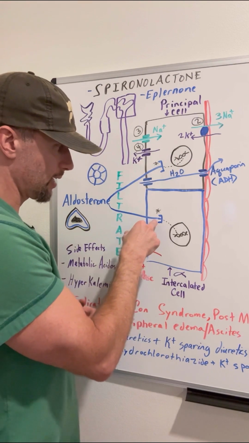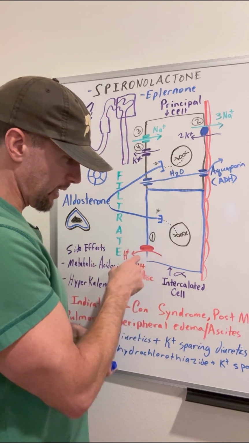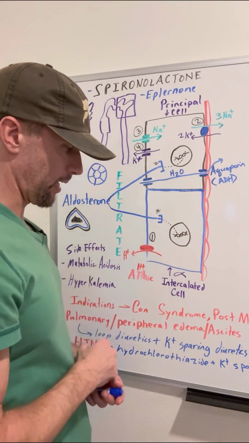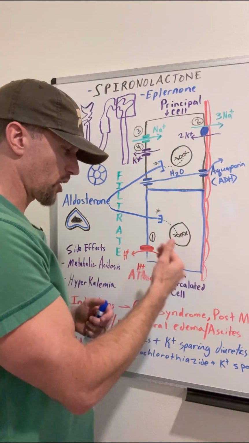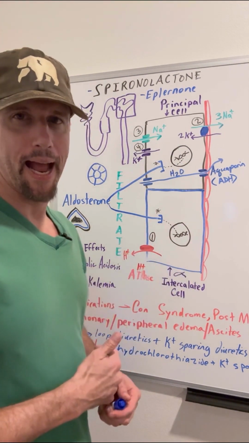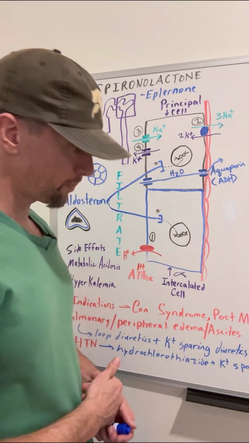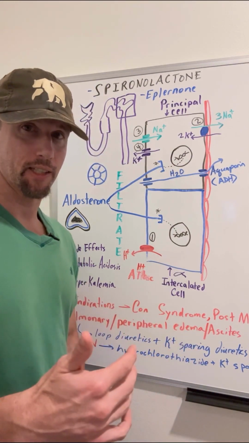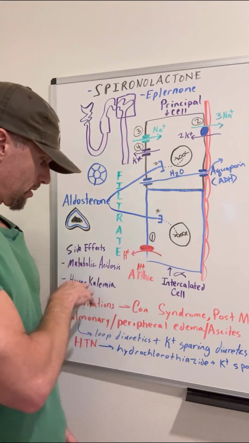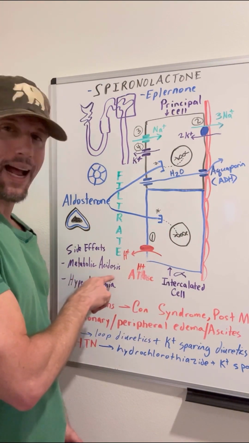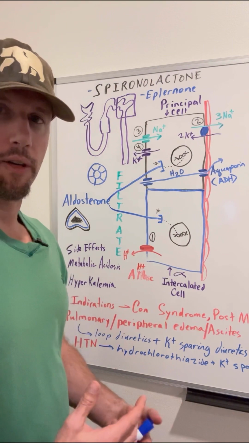If you block this receptor, you're preventing this protein from being made, which means that you're not secreting as much acid or protons into the filtrate for excretion. So that begs the question, side effects. We could have metabolic acidosis, if aldosterone levels are high,